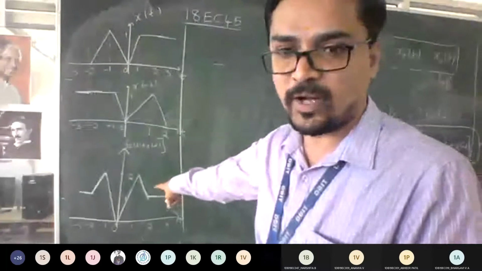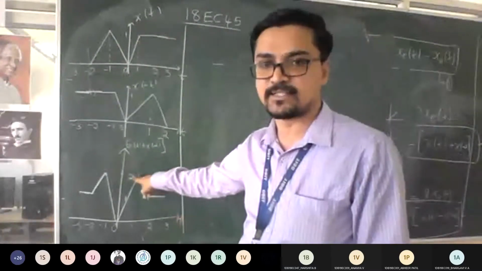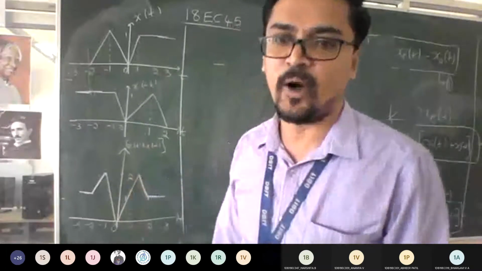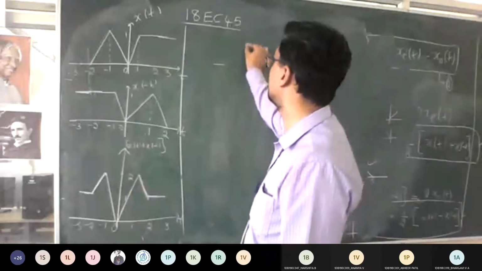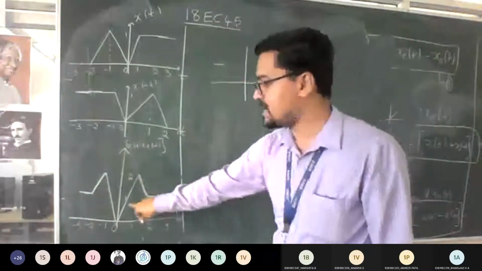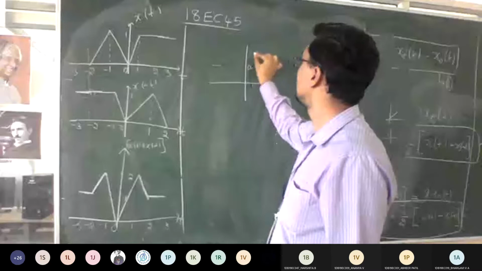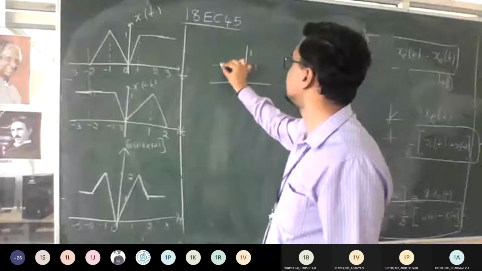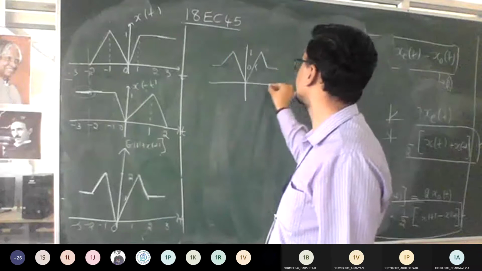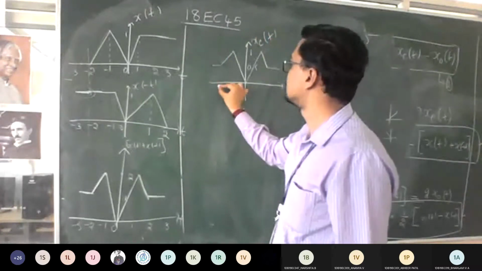So what I want now, I want half of this. What should I do? Whatever signal is there at this amplitude, reduce it. So 2 becomes 1, and 1 becomes 0.5. So how does the waveform look now? The waveform was starting at 2 and here it is 1, right? So let's trace this at 0.5 and at 1. This will tell you what we are expecting. So this is my even part.